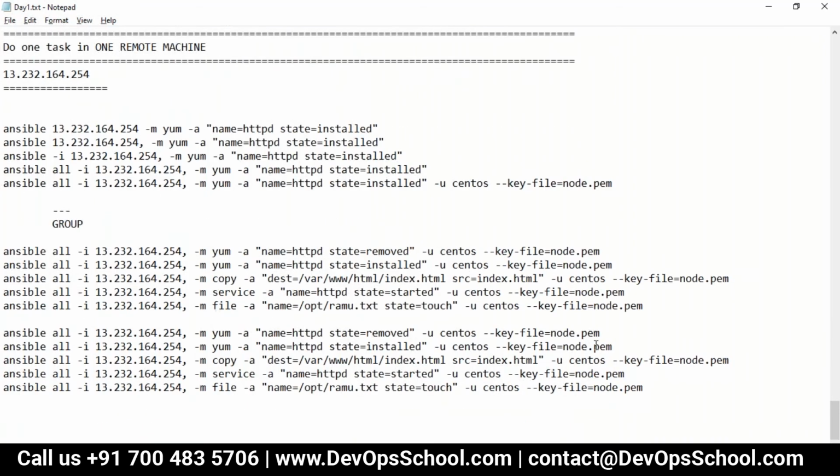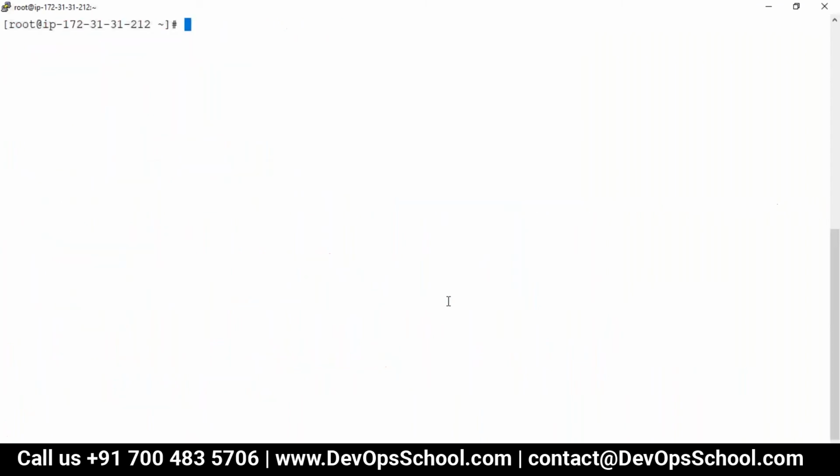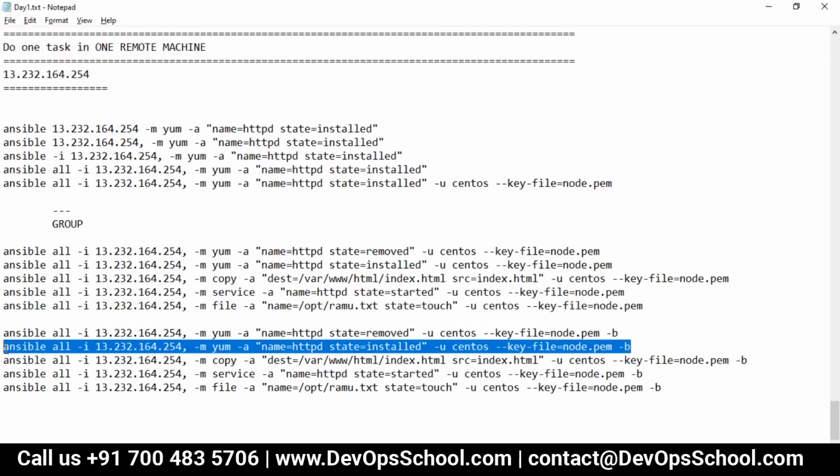Okay, so -b. So guys, that user has a become permission without a password, and now this will do the rest of the things. So I believe there should not be any more surprises. You have learned all the aspects of it, and now I'm removing it. Now I am installing it.